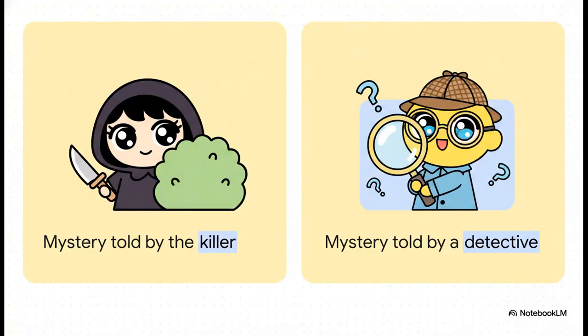So, why do all of these highly technical choices actually matter? Well, they matter because point of view entirely changes the meaning of the story. Imagine this comparison for a second. Think of a murder mystery told from the perspective of the killer. You're right inside the mind of the hunted, feeling their paranoia, maybe even kind of understanding their twisted logic. Now flip it. Imagine that exact same murder mystery told by the brilliant detective. Suddenly, it's a puzzle to be solved, a noble pursuit of justice. The events are identical, but POV is never ever accidental. It completely changes what we know, what we believe to be true, and exactly how we judge the characters on the page.